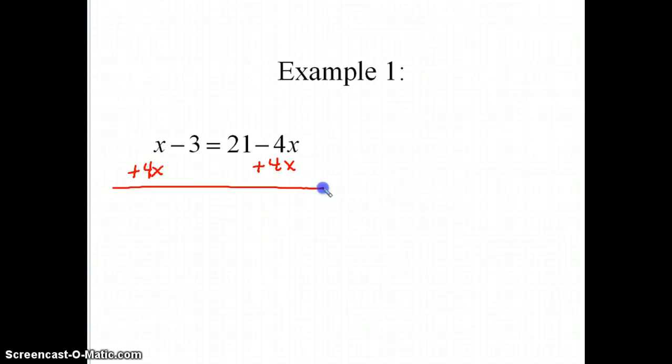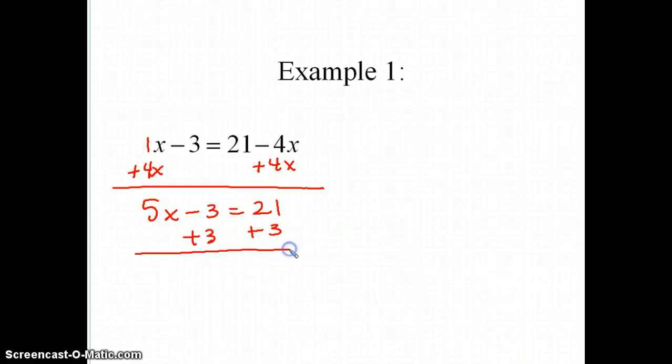When I add 4x to the left-hand side, I have to remember that I have 1x already there, so I'm left with 5x minus 3 equals 21. At this point, we're back to our two-step solving. I'm going to get rid of the negative 3 by adding 3 to both sides, and I end up with 5x is equal to 24. I need to solve for x, so I'm going to divide both sides by 5, and I end up with x is equal to